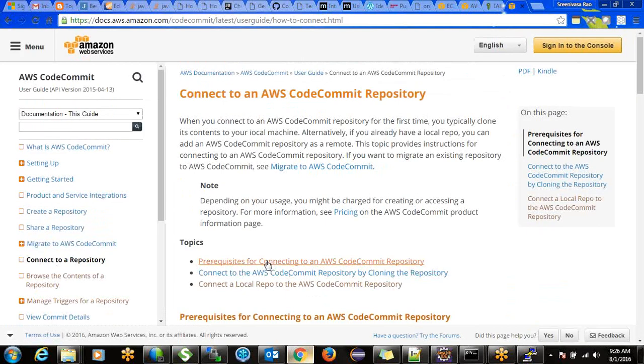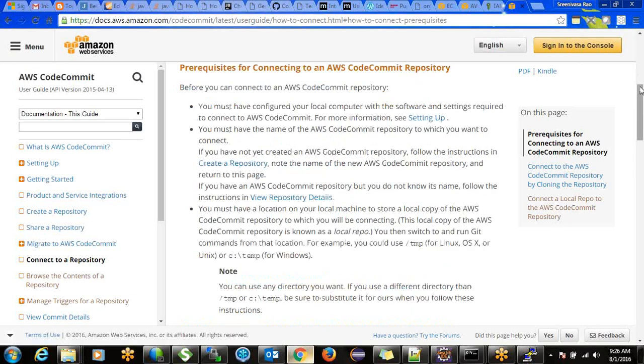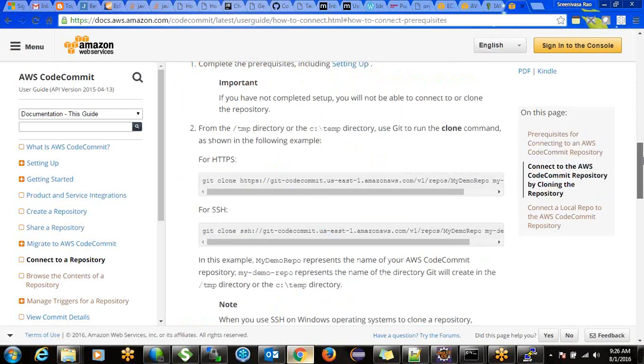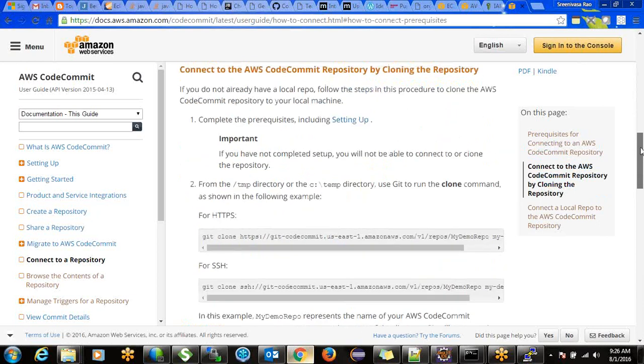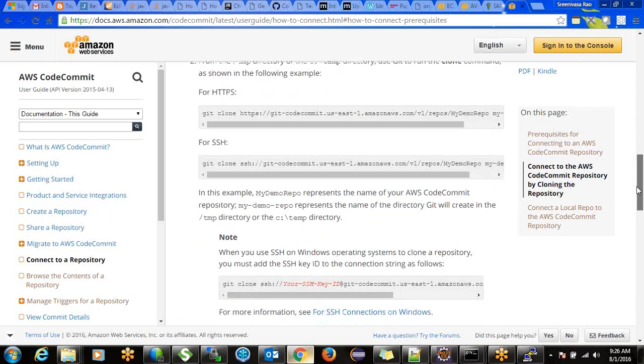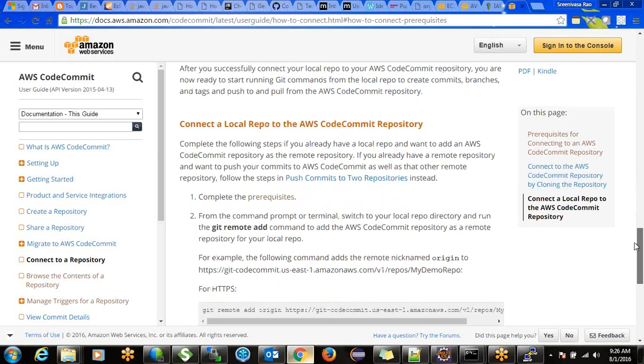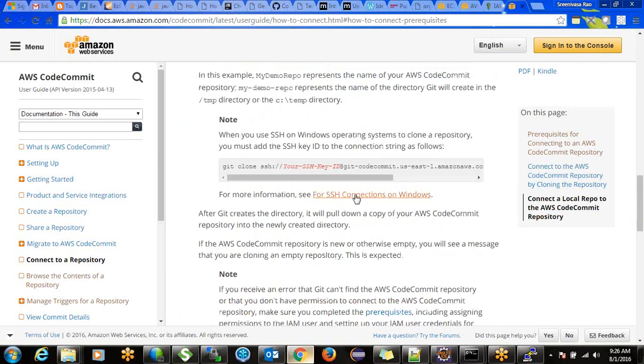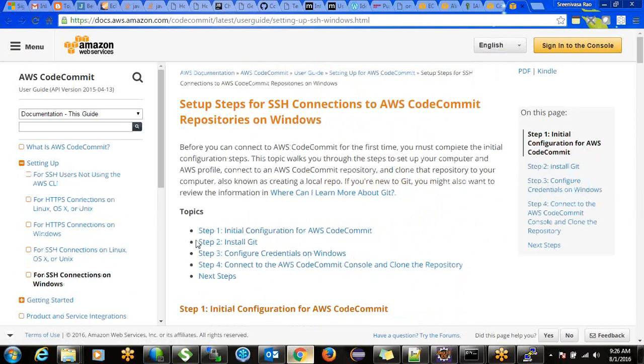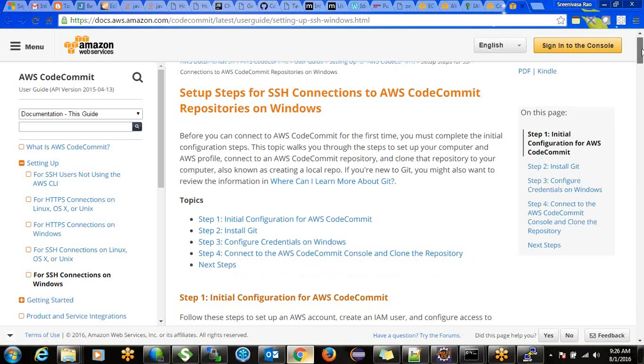Not this one. This one, prerequisite: connect to the CodeCommit repository. You can check here. For SSH connections on Windows, you can follow this documentation. First, the initial configuration for AWS CodeCommit: install Git and configure credentials on Windows, connect to the AWS CodeCommit console, and clone the repository. So this one,